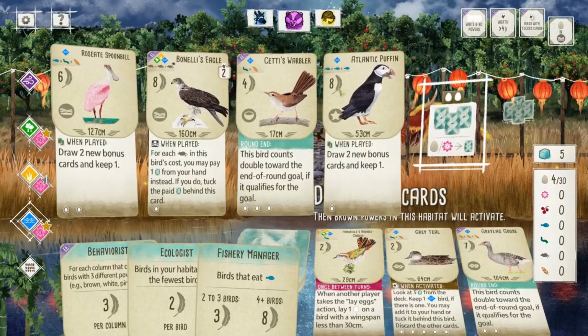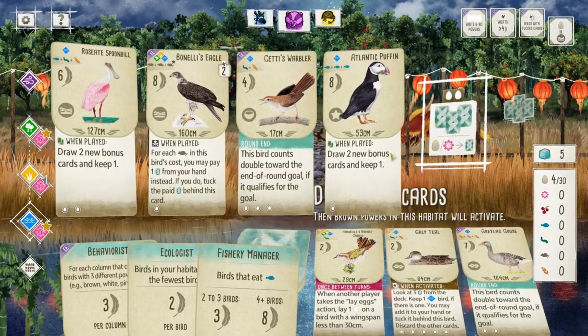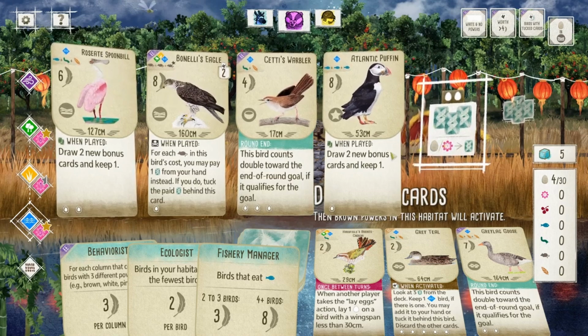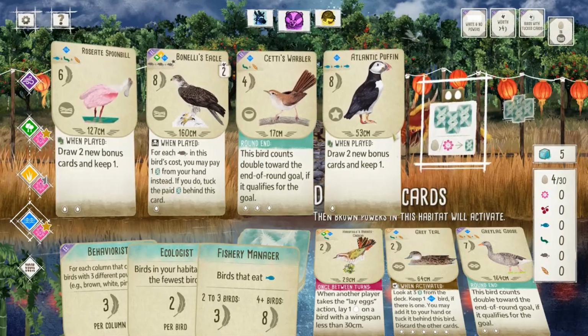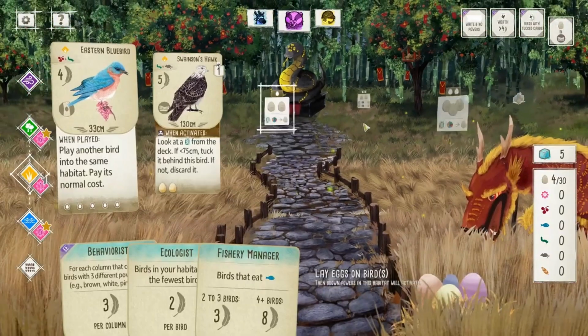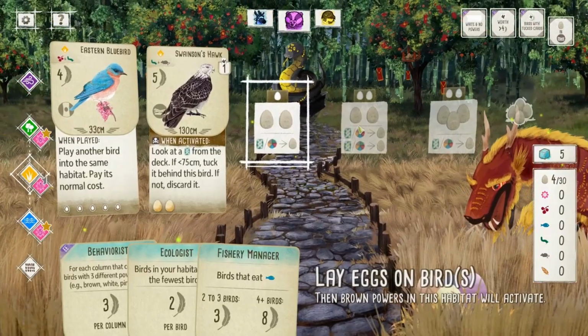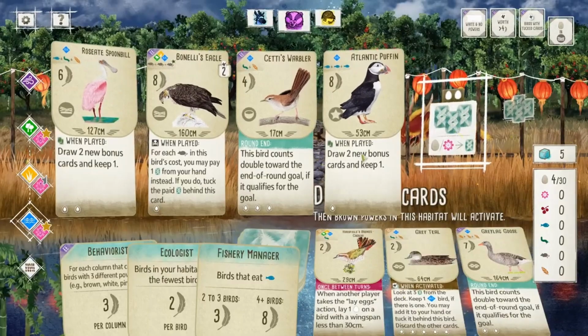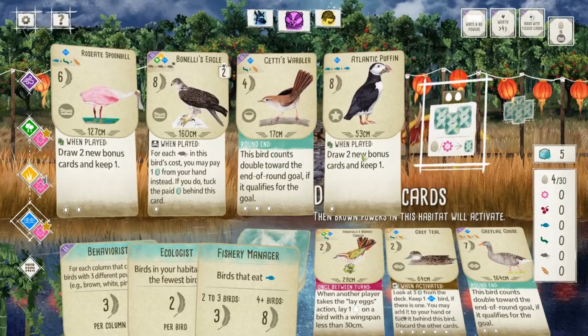The Puffin's row is shot, unfortunately. Because it's clear, and then this is clear as well. So we get 1 row out of Behaviorist. As long as we send the,